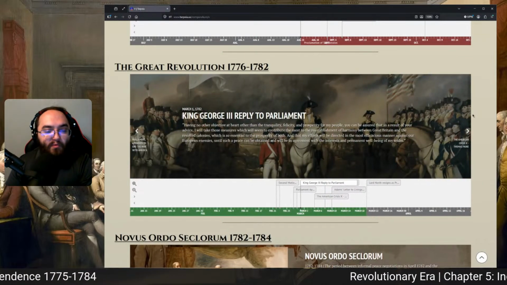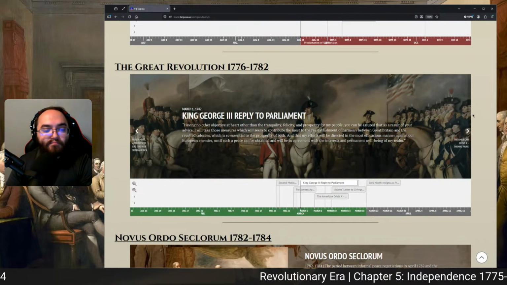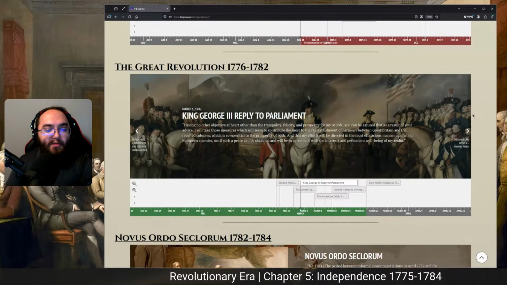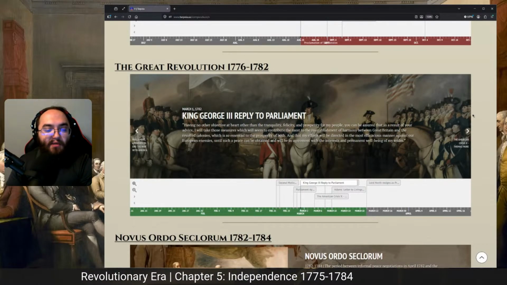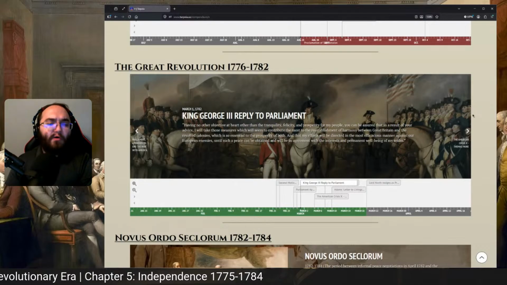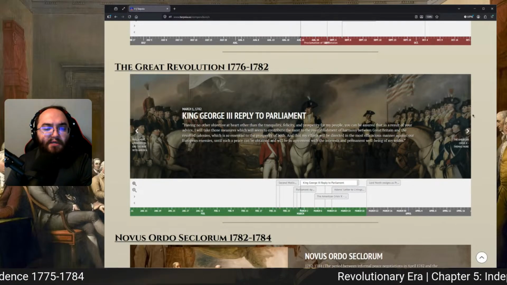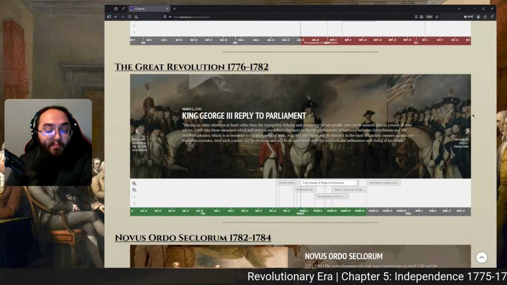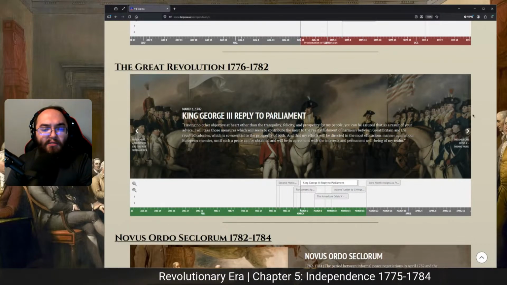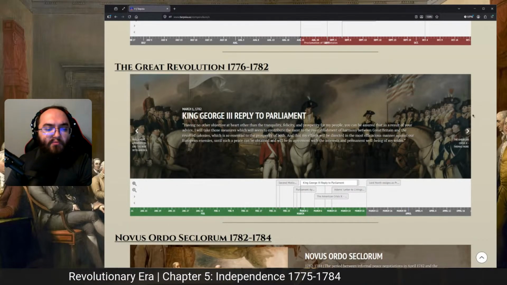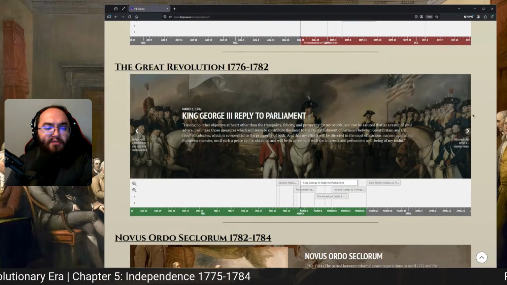The King will reply to Parliament, and he will talk about his regrets for wanting to end the war. And he says, having no other objective at heart other than the tranquility, felicity, and prosperity for my people, you can be assured that as a result of your advice, I will take those measures which will seem to contribute